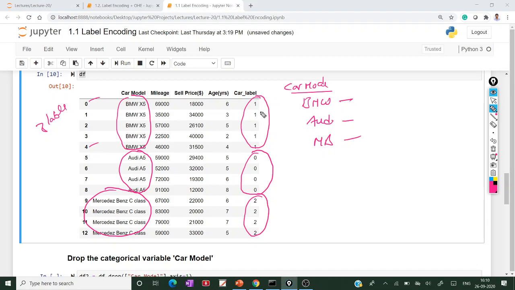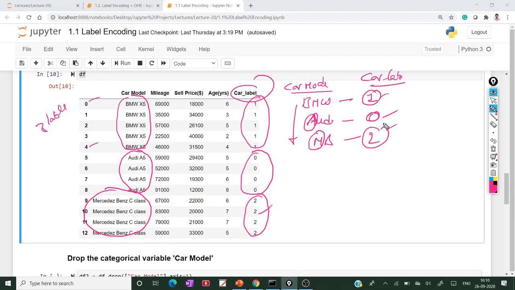For the car label, BMW gets 1, RD gets 0 and Mercedes-Benz gets 2. How is it assigned? According to alphabetical order. See here, RD, that's 0. Next B, assigned value 1. Next M. According to alphabetical order, scikit-learn assigns the labels, that's why 0, 1, 2. But there is no relation among these values.